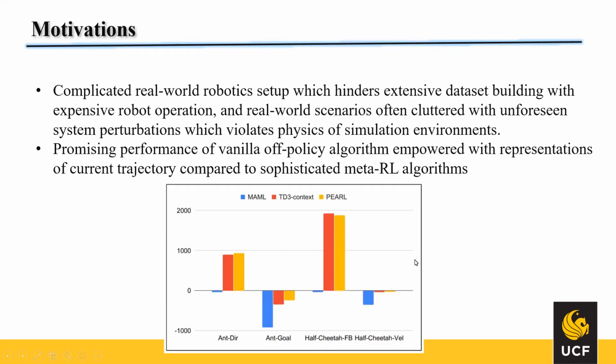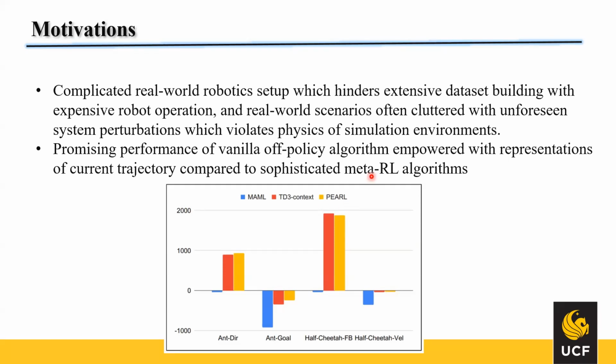So what are the motivations behind this work? The recent surge in meta-reinforcement learning research comes from applying meta-reinforcement learning techniques or general reinforcement learning techniques in real robotic setups. Real robotic setups are very complicated and their operation is highly expensive, which hinders extensive dataset building for doing reinforcement learning. Also, real-world scenarios are often cluttered with unforeseen perturbations, which violate the physics of the simulation environments, and all kinds of real-world scenarios cannot be replicated in a simulation environment. So this creates an urge to develop meta-reinforcement learning so that we can adapt to a new task while exploiting